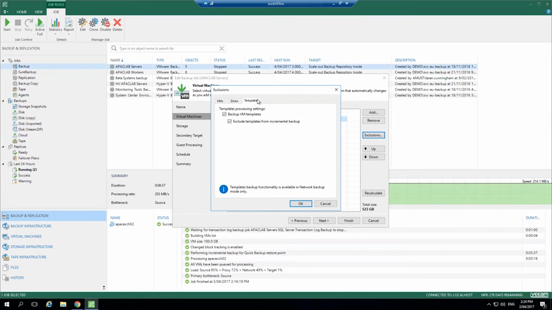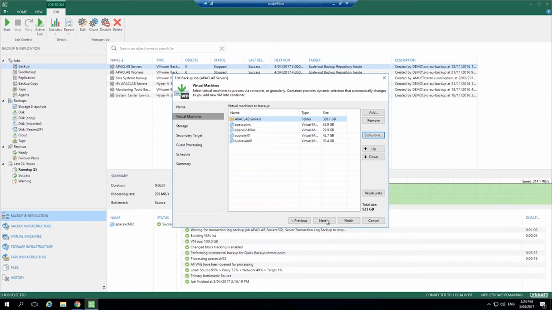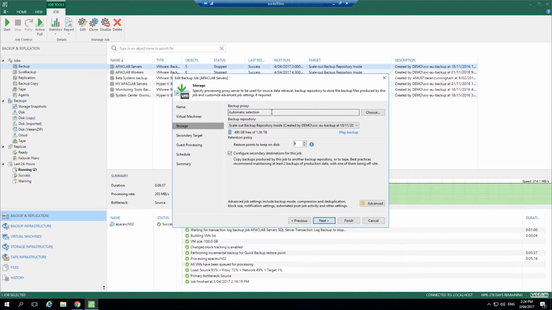And we can choose whether or not we're going to process the templates. Now the storage, we can choose which proxy we're going to use to do this work, or we can use the automatic selection. We choose the backup repository where the data is going to sit at rest, and I am sending my data into a scale-out repository, so I'm letting Veeam take care of choosing which of my extents the VMs are going